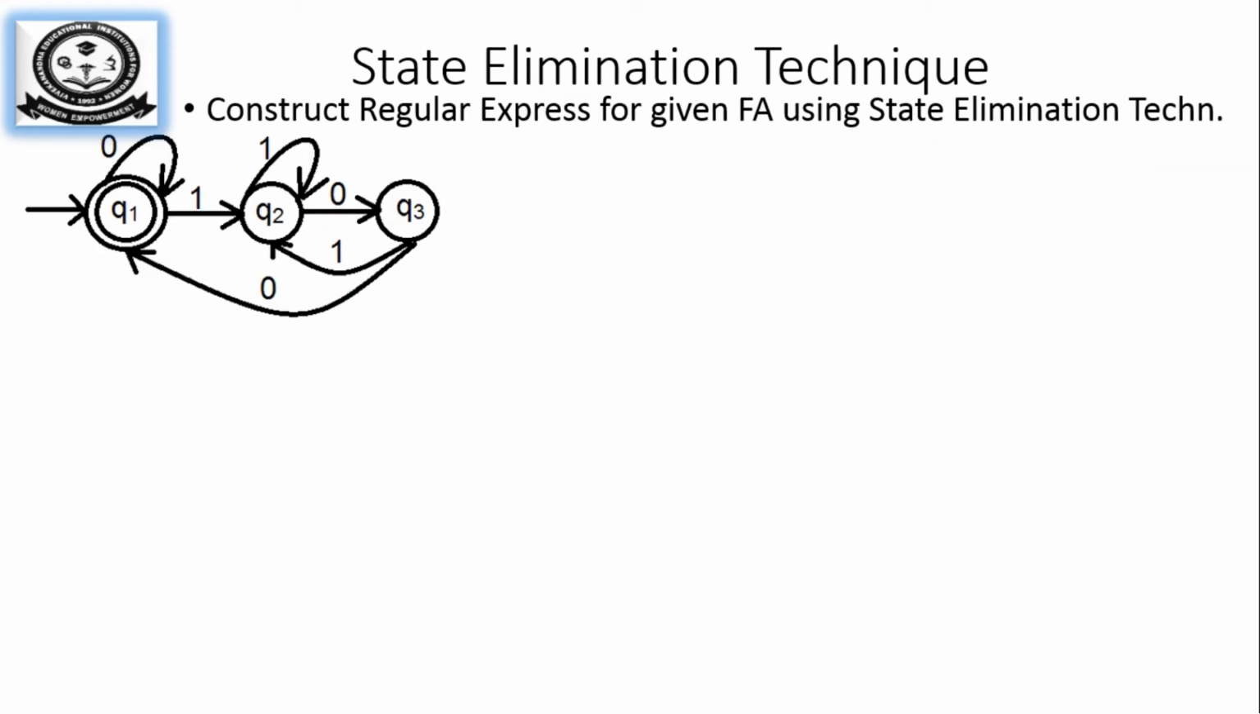Next we will have another example. Here your initial state itself is your final state. Okay. So your initial state and your final state are the same for this problem, which is Q1. So I have to remove Q2 and Q3 from this diagram and find the regular expression using state elimination. So you are going to find it out. So first we will start in the same fashion. So we will first remove